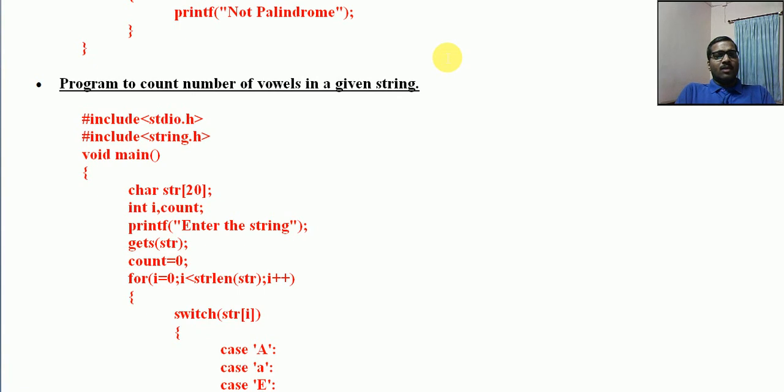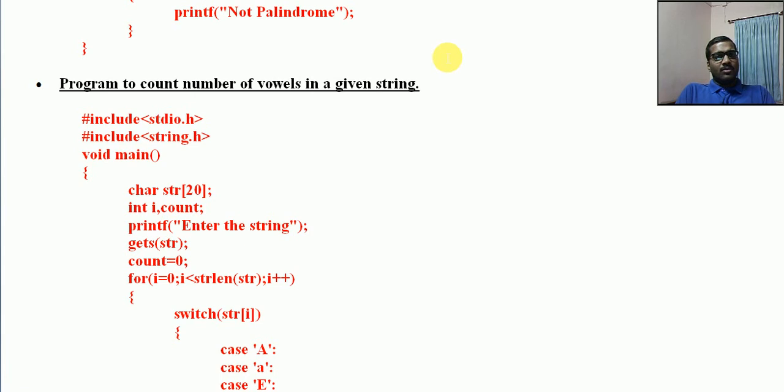Similarly, count all the special characters present in a particular string. Or sometimes count the number of vowels, special characters, punctuations, or a combination of all types of special characters, where separately we need to have a count.